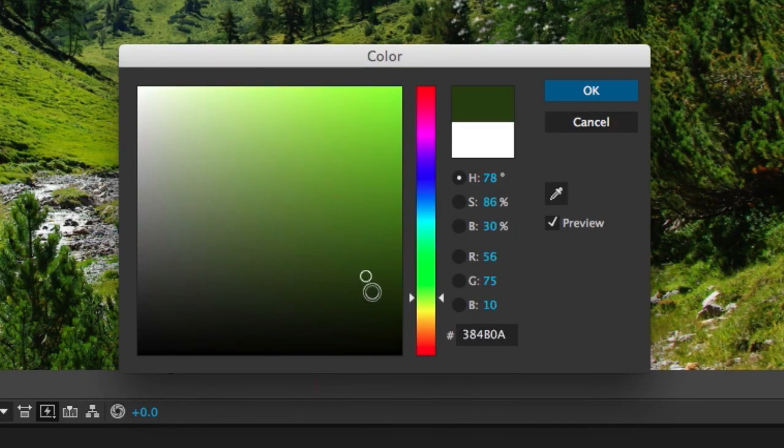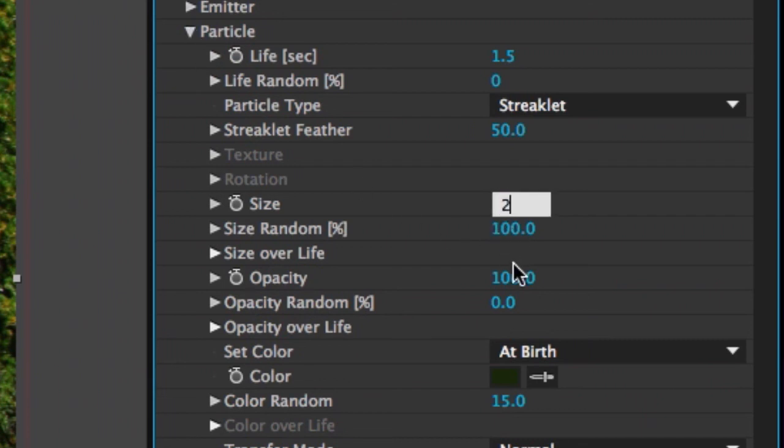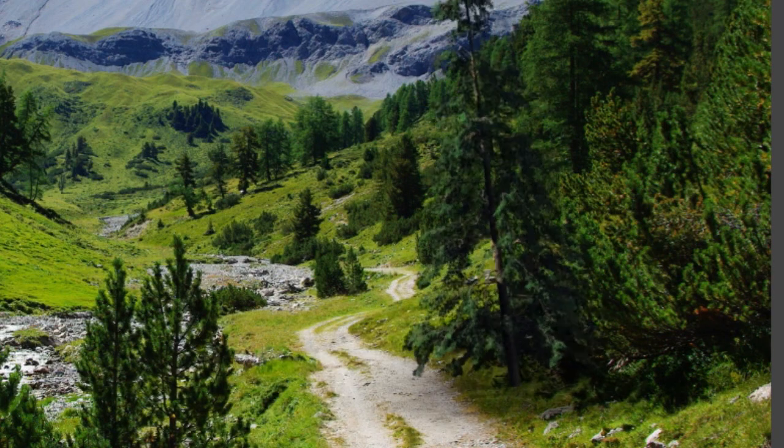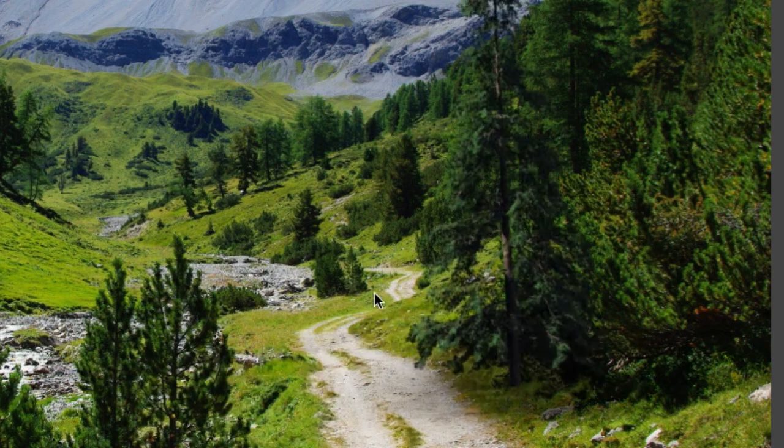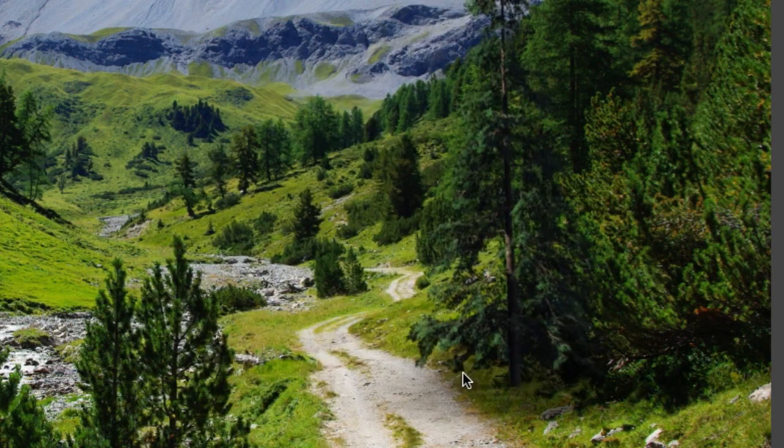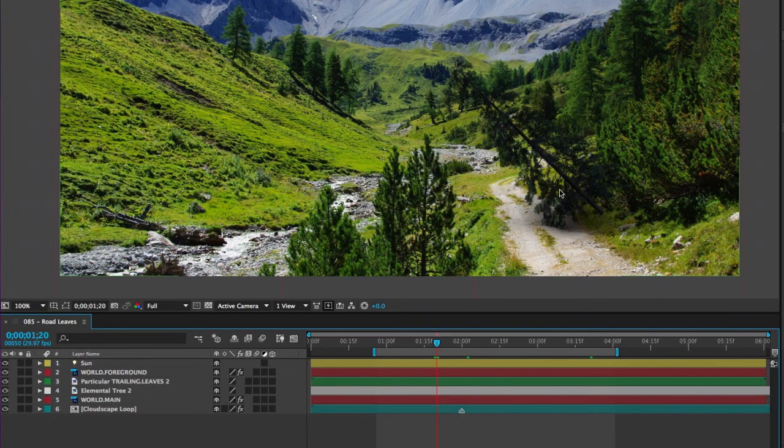Give it a nice dark green color. Size reduce to 2. So we've added another subtlety here of these needles coming off the tree as it comes down. Now, to address this section here, this shredding of needles that is happening as they encounter the ground,